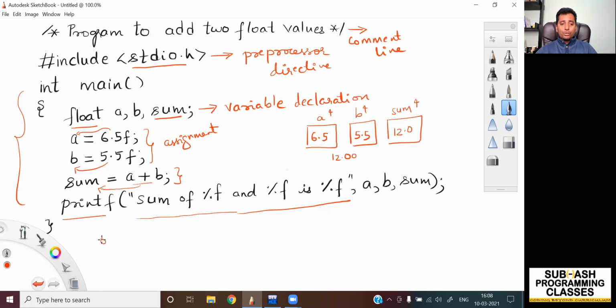So first, the output would be S U M. It sees a space, even a space is a character, so the space gets output. Then O, then F, and again it sees a space, so a space gets printed on the screen. And the moment it encounters a format specifier, it doesn't get printed as it is; rather it goes to the other part of the double quotes,